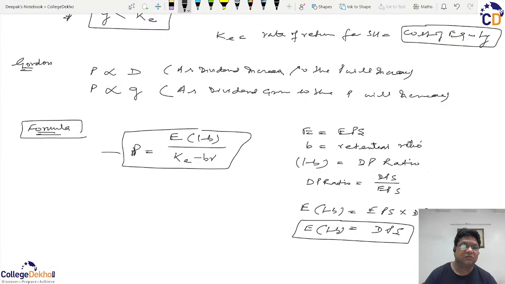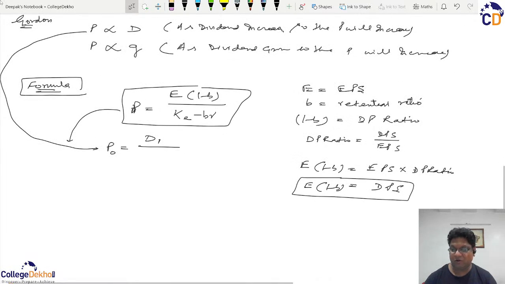So in this formula, if we take the current market price, then it is actually the D1, that is the dividend to be declared after 1 year, in anticipation of what you are going to get. So we see here that the price is directly proportional to the dividend, which justifies this claim.